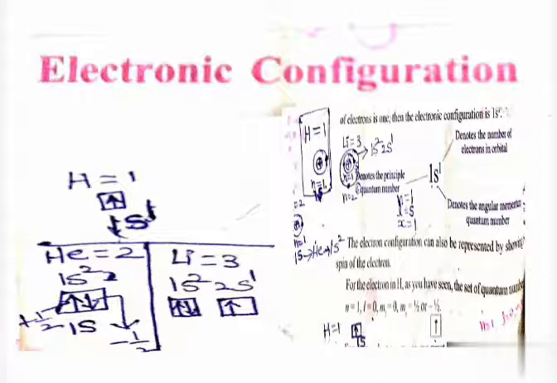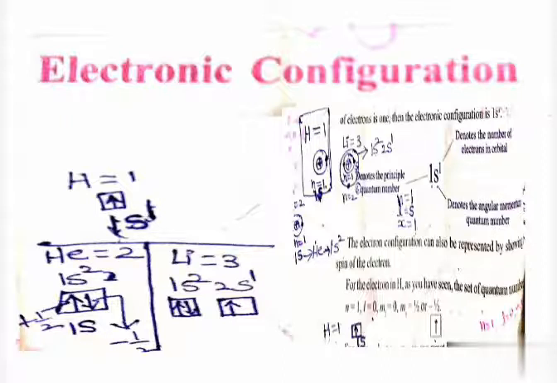So electronic configuration is nothing but the distribution of electrons in the shells, subshells and orbitals. This electronic configuration we can show by the NLX method. The distribution of electrons in subshells and orbitals in an atom is known as electronic configuration. The distribution of electrons in various atomic orbitals provides an understanding of the electronic behavior of the atom and in turn its reactivity. The shorthand notation is as shown below, the NLX method.